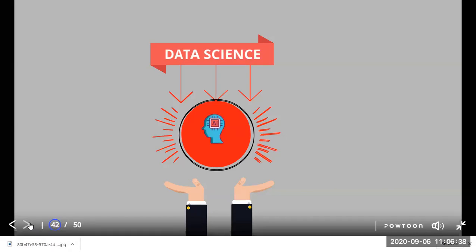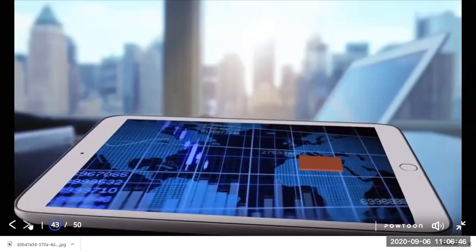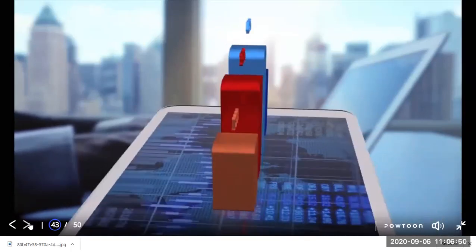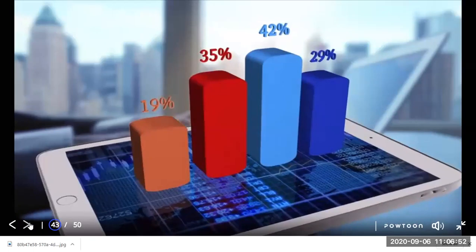Let me just consider the next slide, that is data science. Please listen carefully. Using this data science, whatever the strategy is, they will apply these data science strategies in order to take some decision. Okay, sir, what kind of decision will they take? It is very simple. Data driven decision is what they will be taking using this data science.